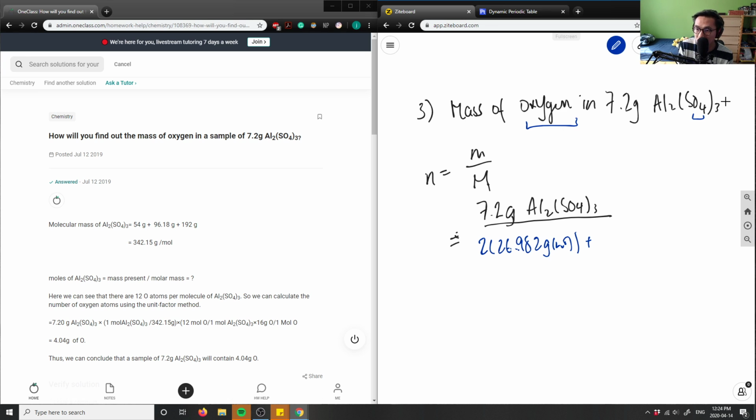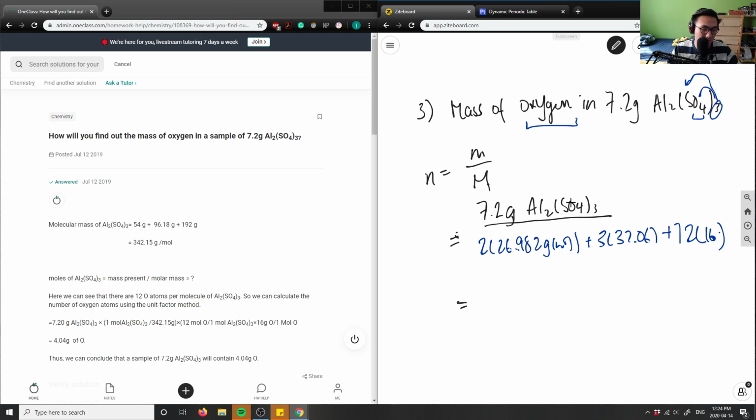Remember this 3 has to go into here and into here as well, kind of like distributive property. So 3 sulfurs, we have 32.06, plus 4 times 3 here is 12 oxygens, right? So we have 12 times 16, since I know the molar mass of oxygen is 16. So that's what we have to do for our molar mass,